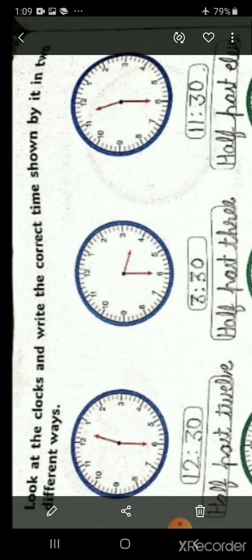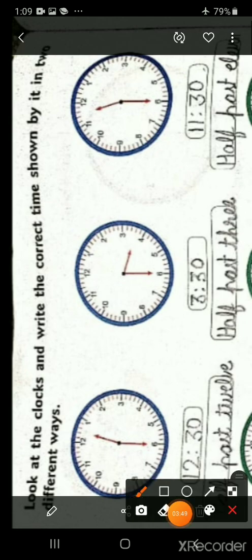So let's see. Here you can see, students, that the short hand or hour hand is between 12 and 1 and the minute hand is on 6. So it means that it is